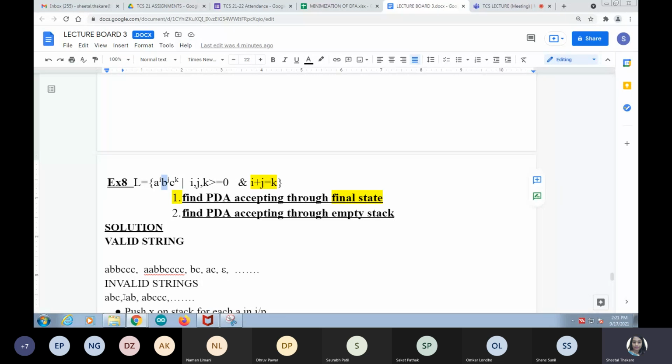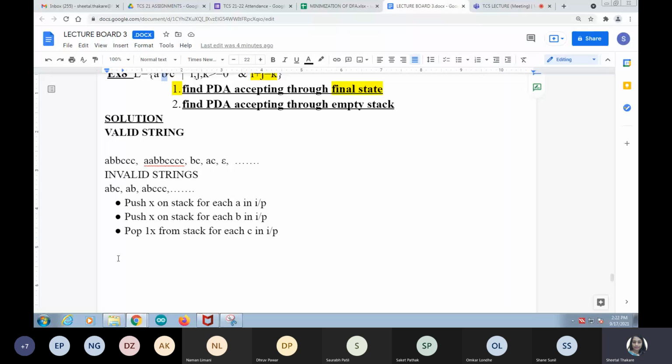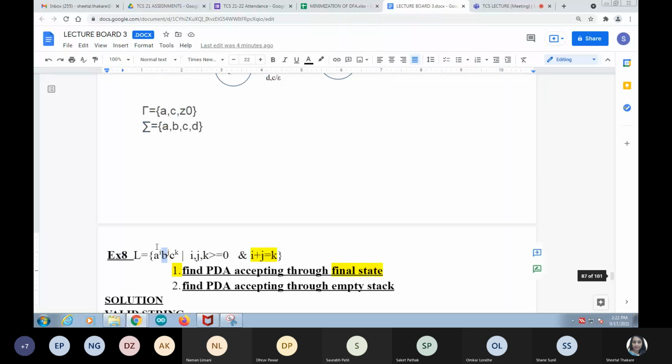Number of C's required is 2, that is 1 plus 1. So after listing valid and invalid strings, now we are listing the logic. As we have analyzed the connection between I, J, K, your ultimate aim is to check whether K is the same as